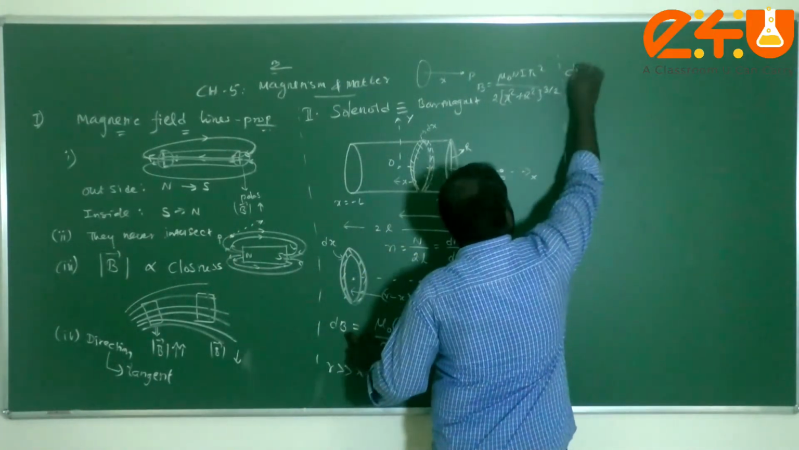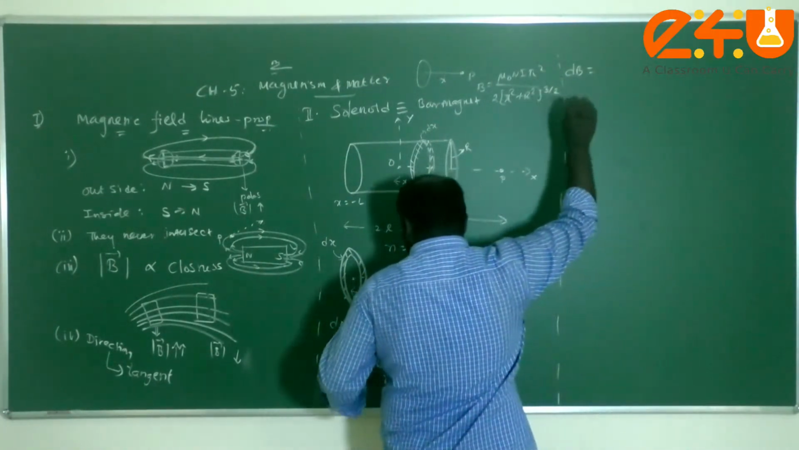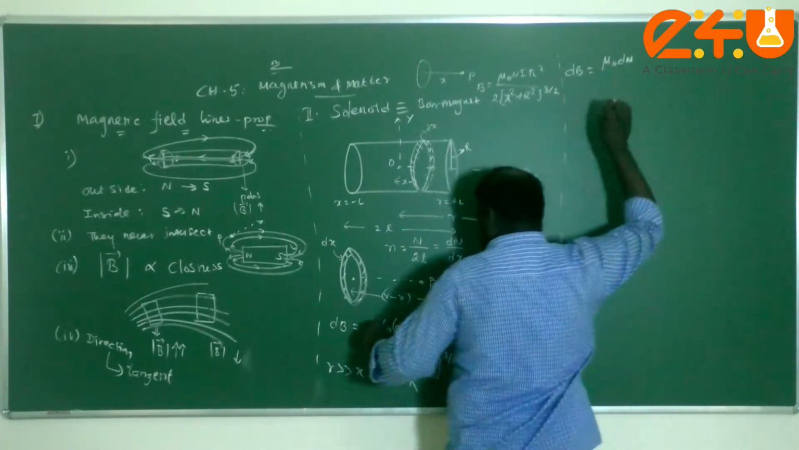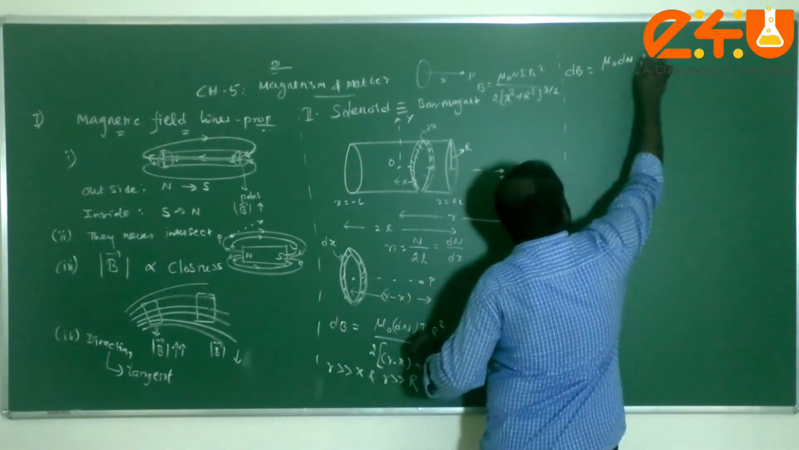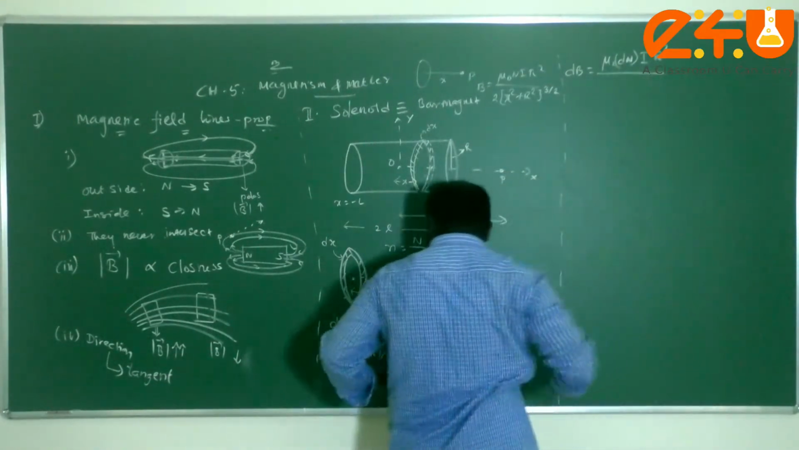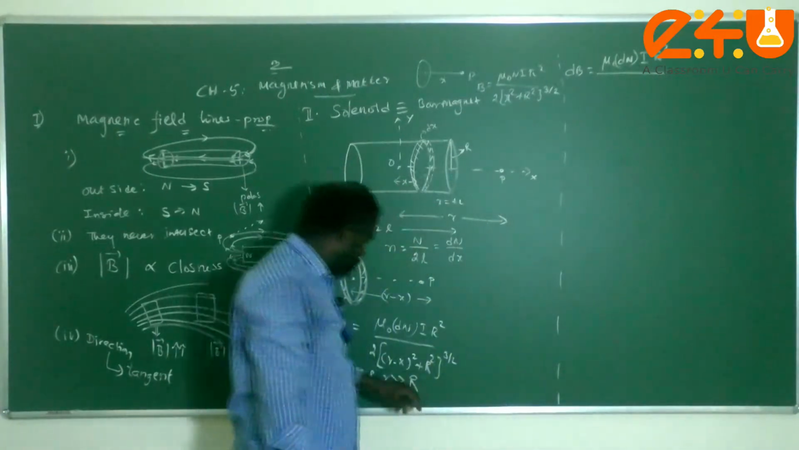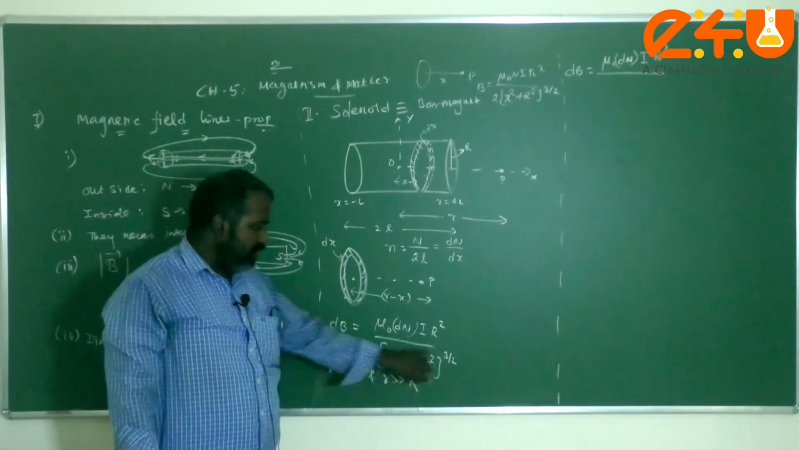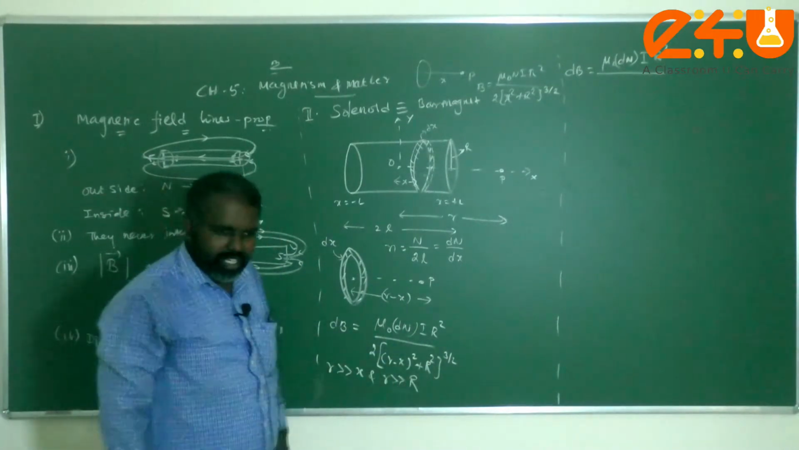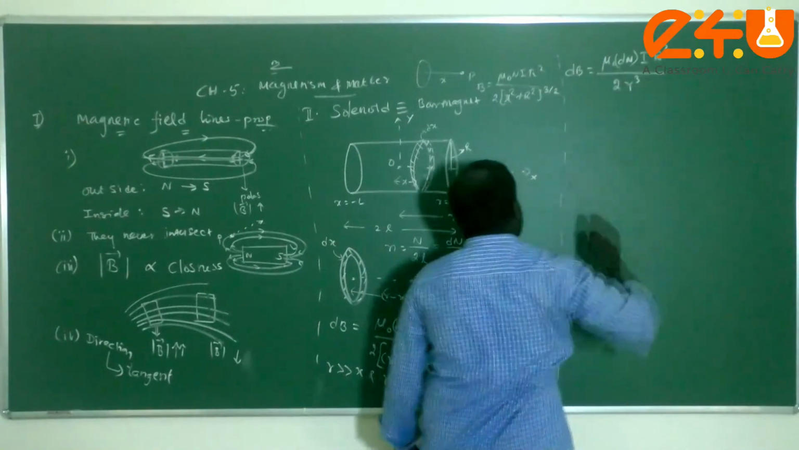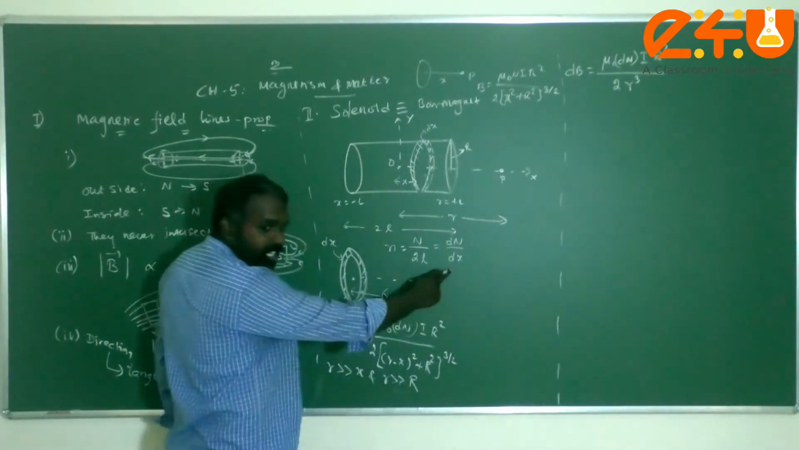So dB is equal to mu naught dn I R square divided by what, students? Since x is negligible and r is negligible, r square to the power 3 by 2 will be there, therefore we can get r cube. Therefore I can write this as 2 r cube, students. So from this we can get that